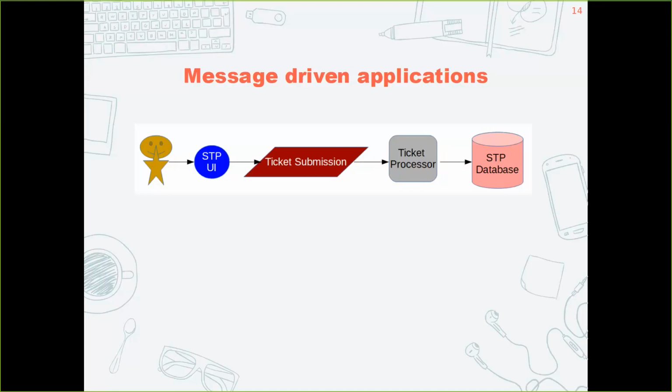By submitting a ticket, the code that's there, your monolithic piece of .NET code running on 2.0 or whatever runtime, picks up the ticket submission, processes the ticket, and then stores it in the short-term planning database. From there, it goes on to the downstream system like Vimis or Taskforce, right? So that's the traditional way of how a site works.